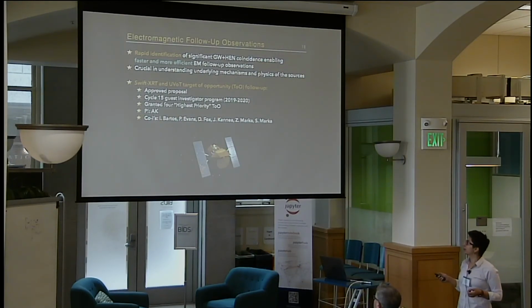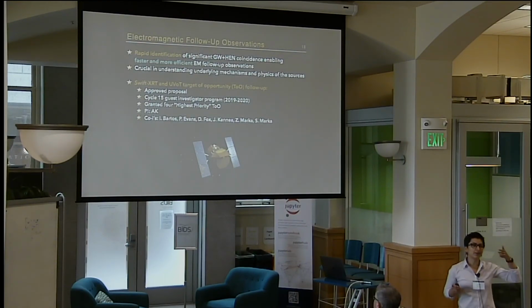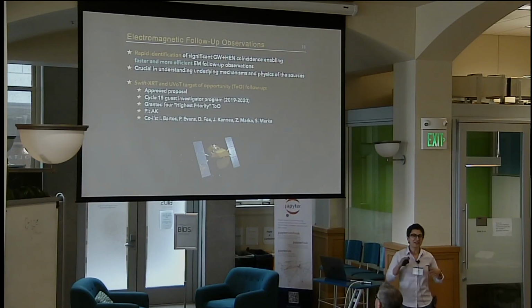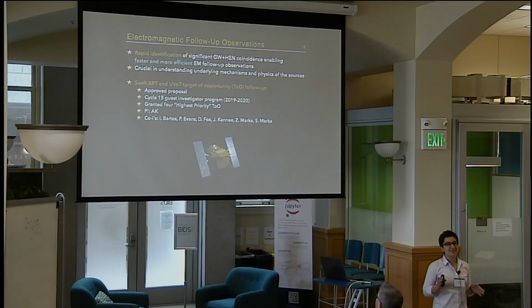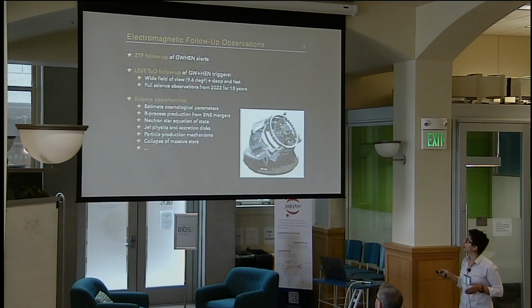So one of the programs that we have already been approved is by the Swift X-ray telescope and ultraviolet optical telescope. So we have 4 highest priority target of opportunities. So as soon as there is one low p-value, highly significant alert, we will send it to Swift for follow-up. And we also have,